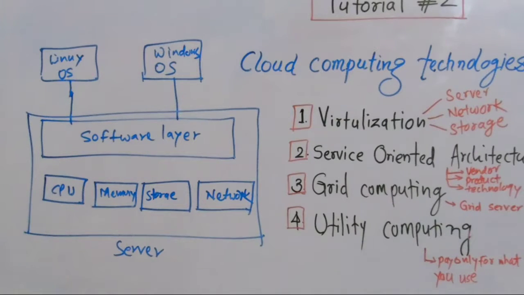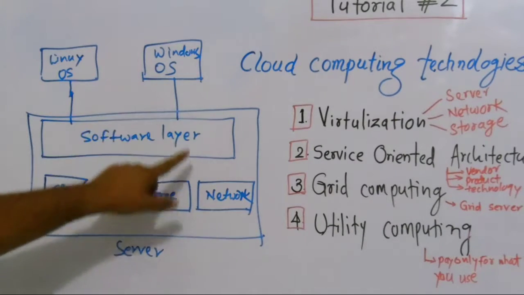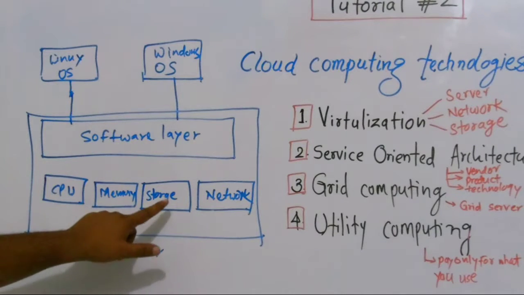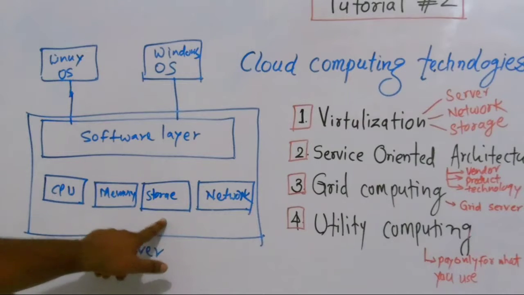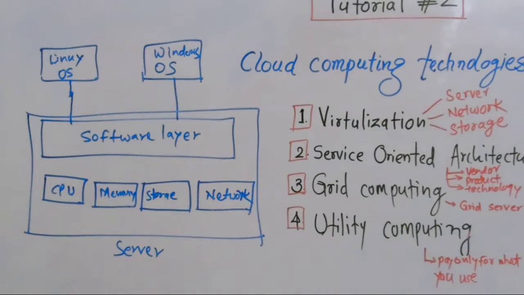So here we have a virtualized server. Okay, we have virtualized the network. You will see the 5 GB bandwidth here, 5 GB here. We are virtualizing the storage. We are virtualizing the memory. So these are the primary components which get shared and get virtualized, and there are a lot of